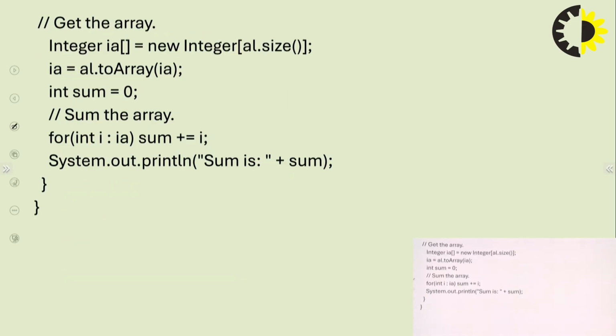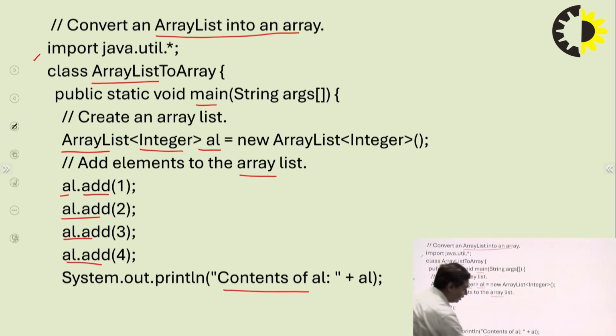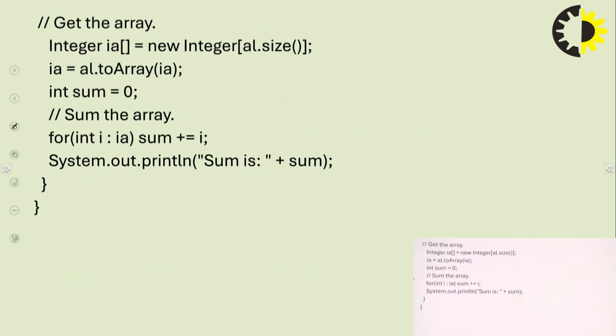Now here is important, at this level it will display the output as a collection because AL is a collection of type array list. Next we want to create a simple array in which we will receive the converted form of the array list. So we have created a simple array, that is IA, it is a simple array of type integer, and we have defined the size of this array similar to the size of the collection, that is the number of elements in the collection.